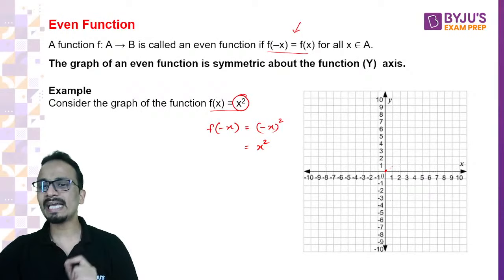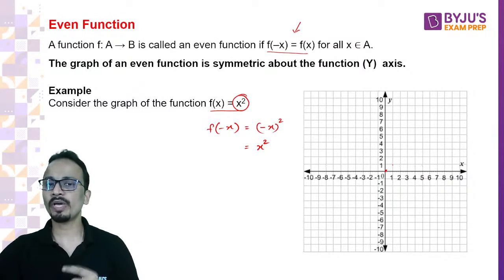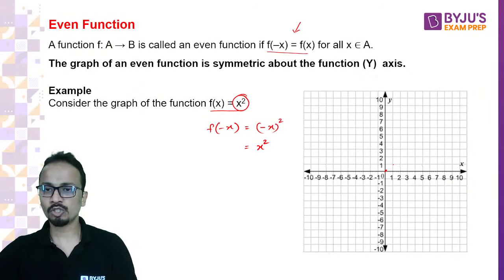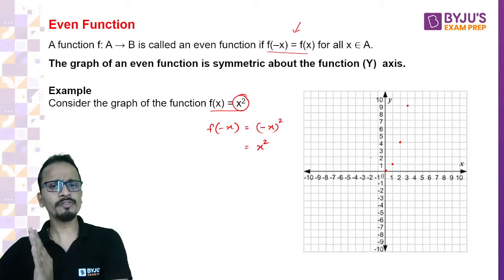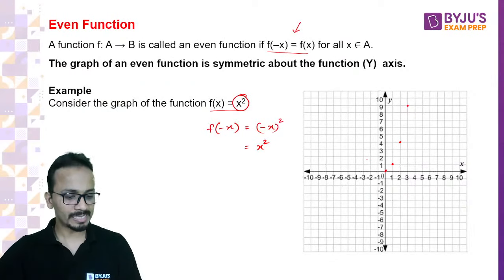So if I put x as 1, x square will also be equal to 1. So at x equal to 1, the value of y will be 1. At x equal to 2, the value of y will be 4. At x equal to 3, the value of y will be 9, and so on. Now, if you look at the left hand side of the axis,